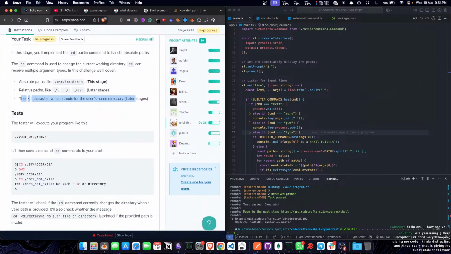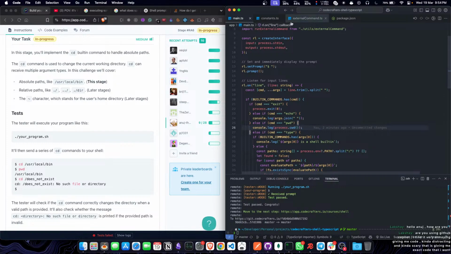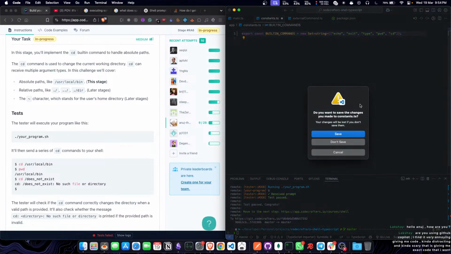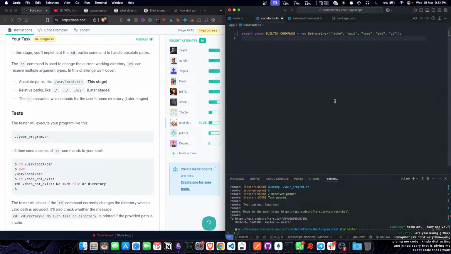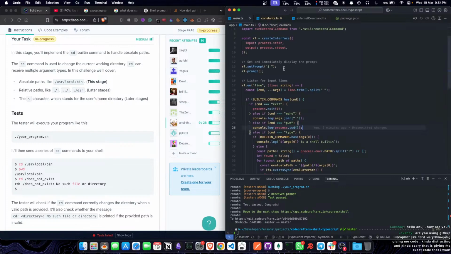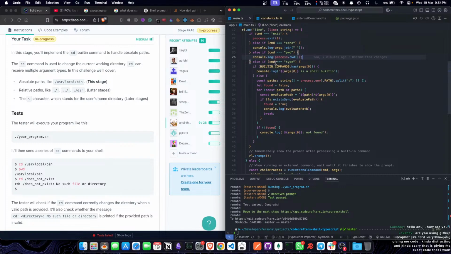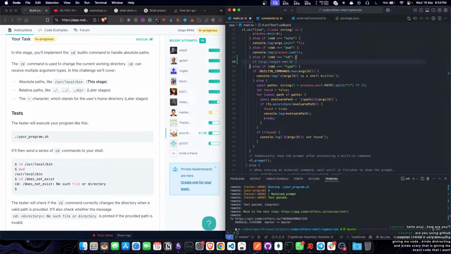Alright. It's like you do this and you update your working directory. Right. Awesome. So how do you do this? Let's first add it in this. Oops. I think we need to refactor our code a little bit more in the later stages because it will get very cluttery over here, I guess. Let's see. So if the command is cd, what you will do is